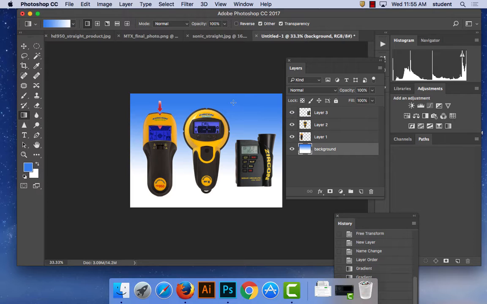Okay. Another common thing that we do is we might want our product to stand out from the background a little bit, and one way to do that is to add some effects to the product. Some of them might be a drop shadow. So a common thing, we use drop shadows on text, we use drop shadows on a lot of things,